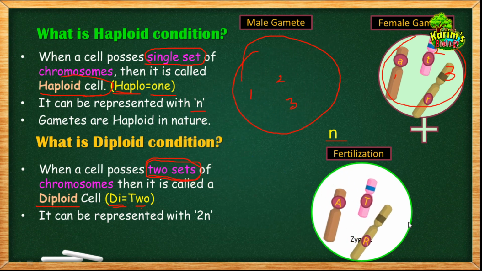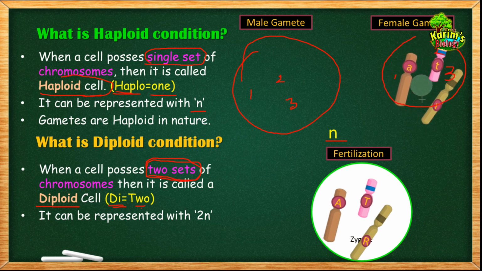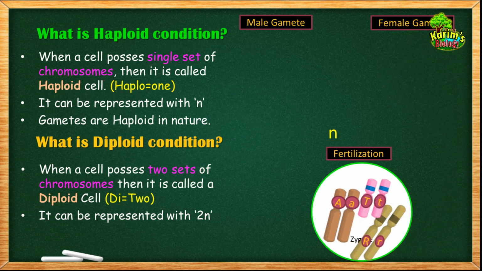One set of chromosomes will be coming from the male gamete and the other set of chromosomes will be coming from the female gamete. Now, can you tell me how many sets of chromosomes there are in total? Capital A, capital T and capital R. These are one set which the zygote has acquired from the male gamete, and there is another, similar set of chromosomes. So here 2 different sets of chromosomes are there. One set it has acquired from the male gamete, the other set it has acquired from the female gamete. So now this condition is called the diploid condition.